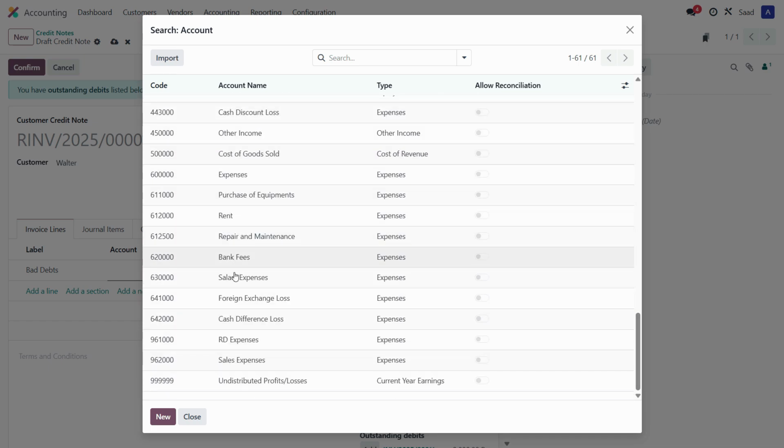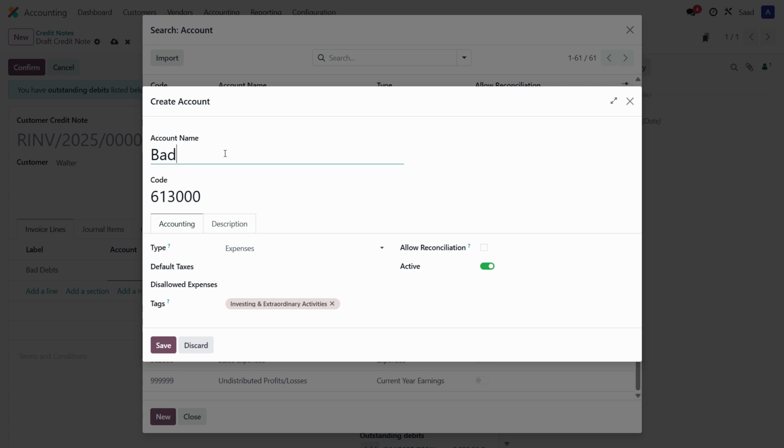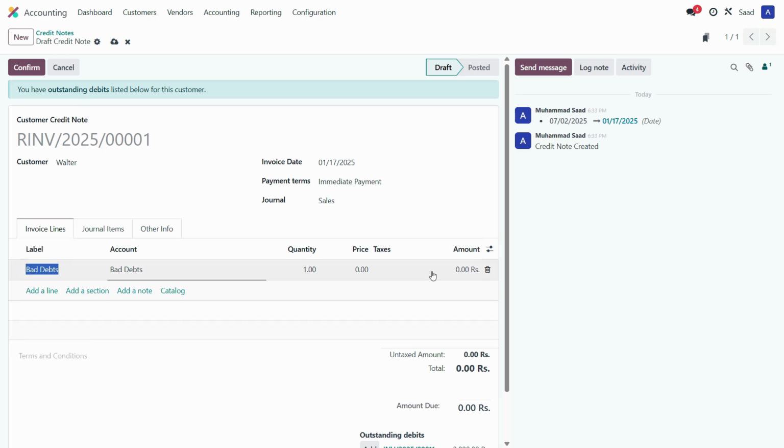So we have these expenses account already created. Let's say after rent, I need to post on 613. I need to create a new account, 613,000, and let's write the account name as bad debts. It goes under expenses, click save,